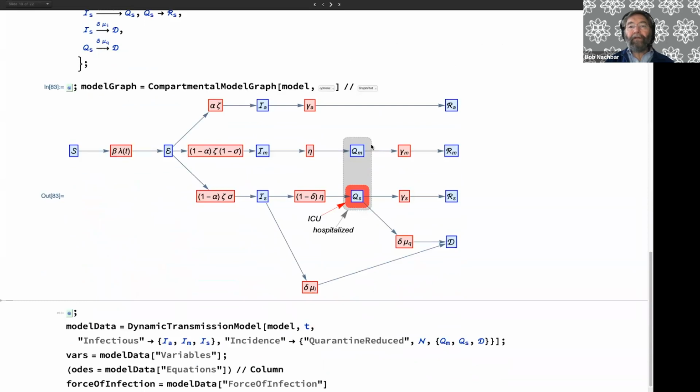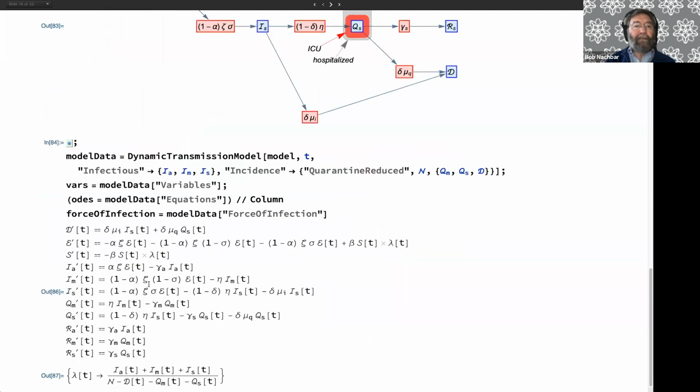These are the quarantine compartments here that are hospitalized, and the severely infected people that become hospitalized are in the ICU, and they're the ones that generally were able to succumb to the disease and die. Also, people that were severely infected but not hospitalized could also die in this model. There are lots of variations on this model. This is not the only one. It's more than likely not perfect, but it will do for our purposes today.